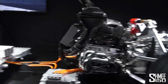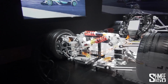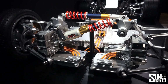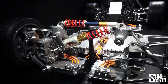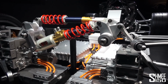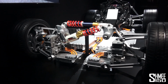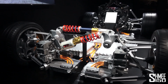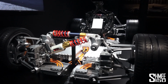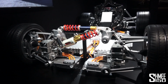On top of that drivetrain here, we have another drivetrain on the front, unlike Formula One. So we have two electric motors on each side of the front axle, each with 120 kilowatts, and you can see the motor here and a little transmission integrated in the front structure in the longitudinal. So we can drive each front wheel independently from each other with all kinds of stuff we know from electric drive, SLS, with torque vectoring, so we can accelerate on one side, brake on the other, or